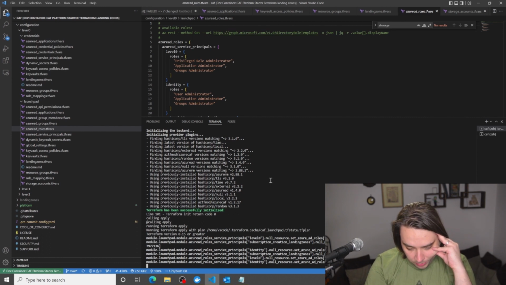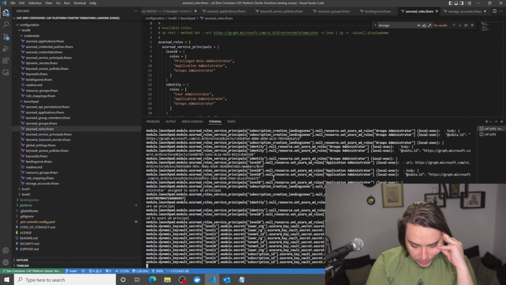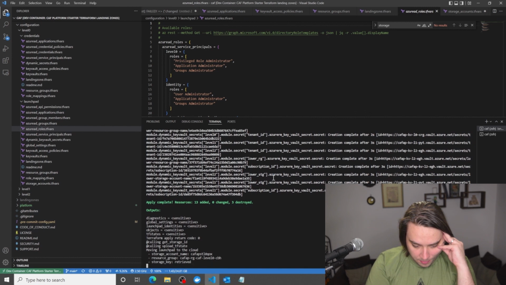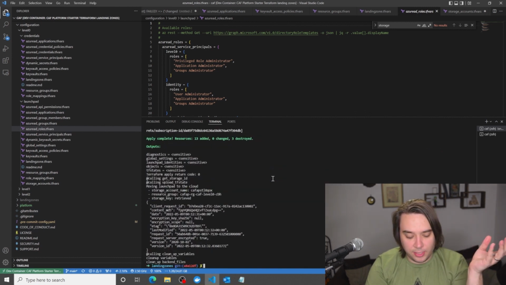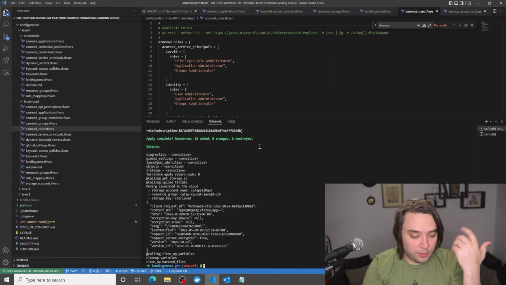So it seems to have destroyed the roles. Let's see if it will now create the roles for us. Cool, brilliant. So now that's actually complete, and 13 have been added, 3 have been destroyed.